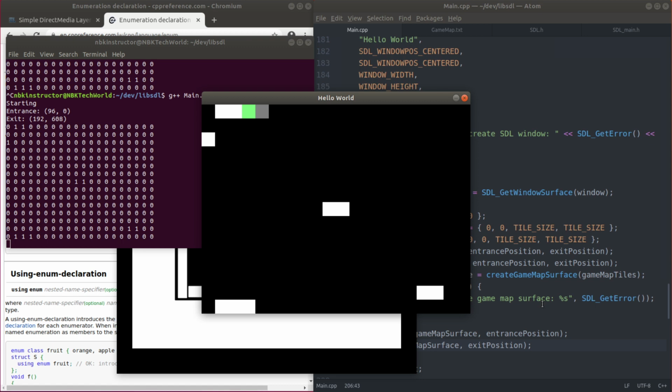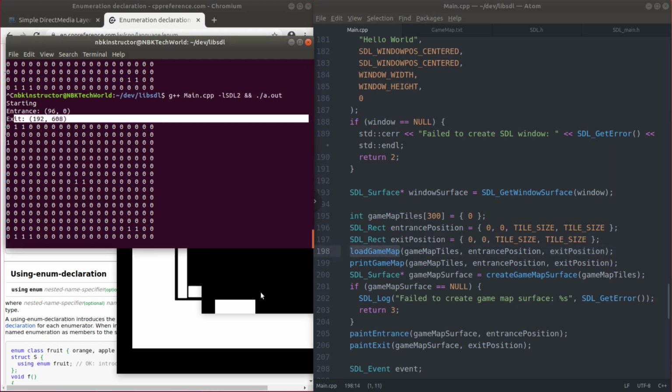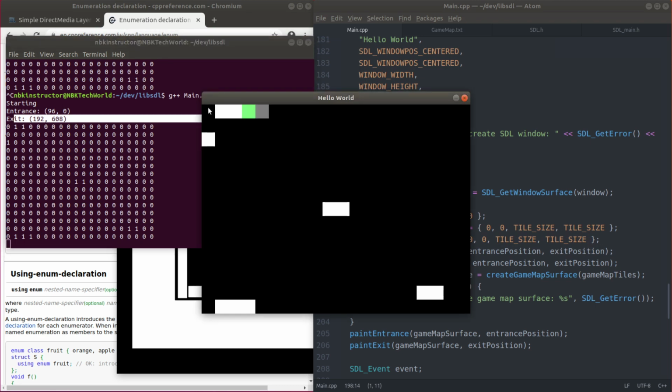That didn't work, did it? What happened? Did I save? Paint exit game map surface exit position right here 0 0. Exit position is set in load game map. I hope it's at 192, 608. That would be where? Around 192 here, 19 here. Remember, I think we had set that to. Okay, I think if you take X 192 and Y 608,